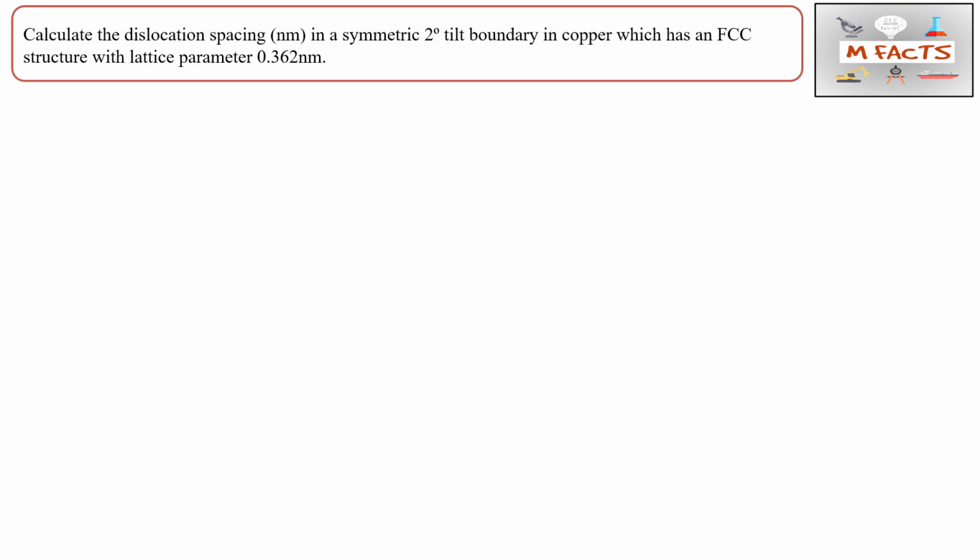So in this video, I will tell you the calculations related to the dislocation spacing and misorientation angle, that is basically known as tilt boundary angles. Okay, so this question is very easy, but many students have doubts regarding the formula used. Which formula should we use? Because in different books you will get different formulas. So the motto of this video is clearing your doubt related to the formula used and the correct calculation route.